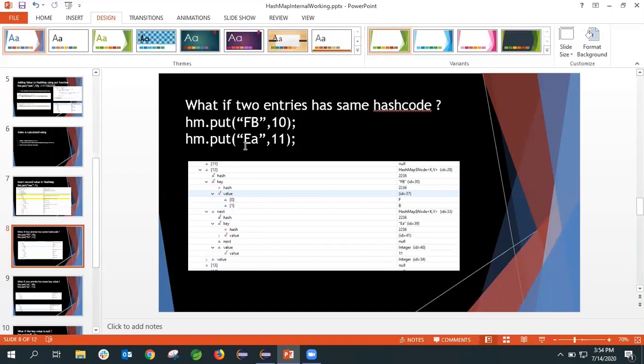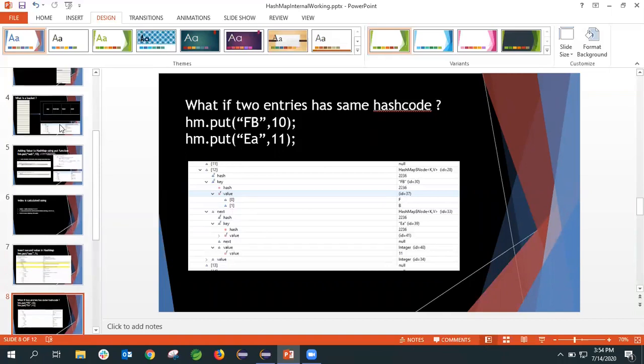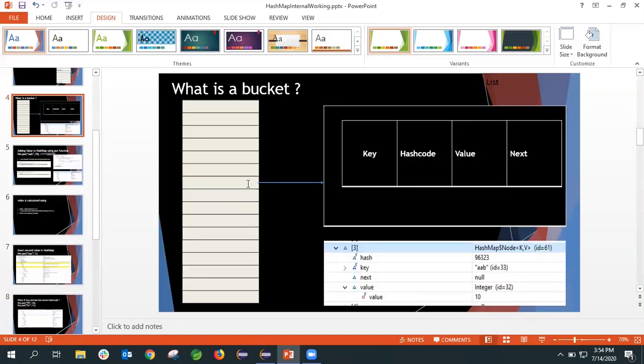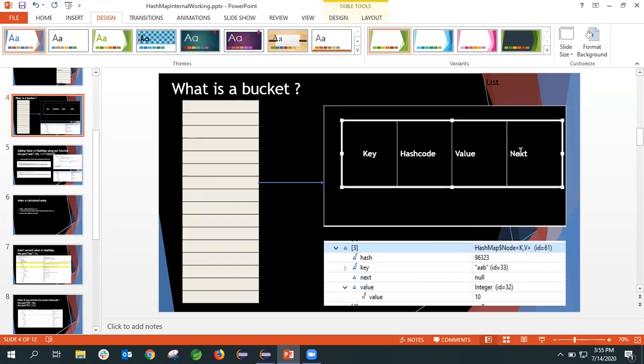Now, as the hash code is the same, in the same bucket, let's go to this slide to understand. We have assumed this single node, and if the hash code is the same, you'll get the same index. Assume we have got this index again for the next key, then one node will get created here, and whatever the address will be, it will be stored in this next.